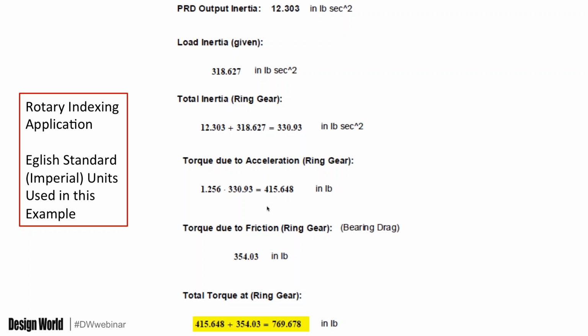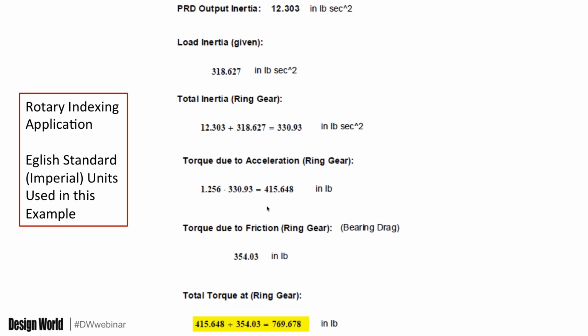And then we want to look at the load inertia. Again, this would be either calculated from your CAD system, or you would do the calculation based on some of the elements I outlined earlier. If we look at the total inertia, taking into account the additive PRD output inertia as well as the load inertia, then we will look at torque due to acceleration, which will be the acceleration times the actual inertia value. And that, in this case, gives you an output in inch-pounds, which is torque,